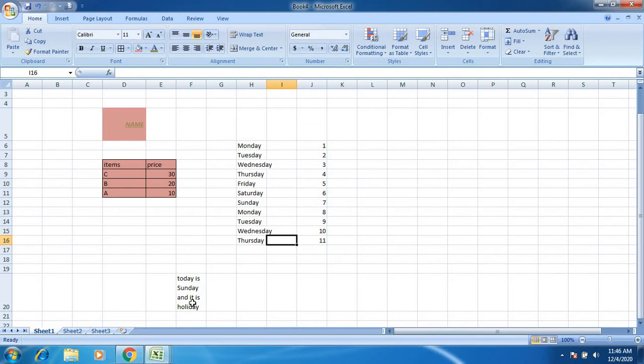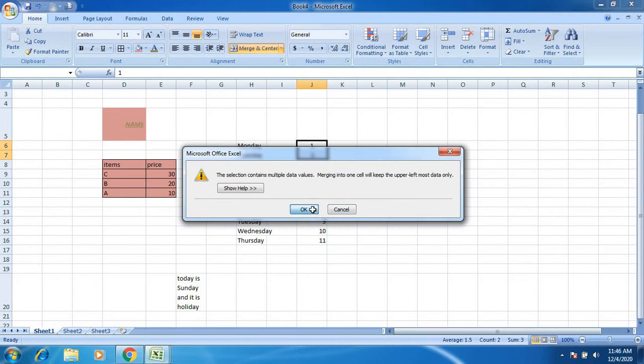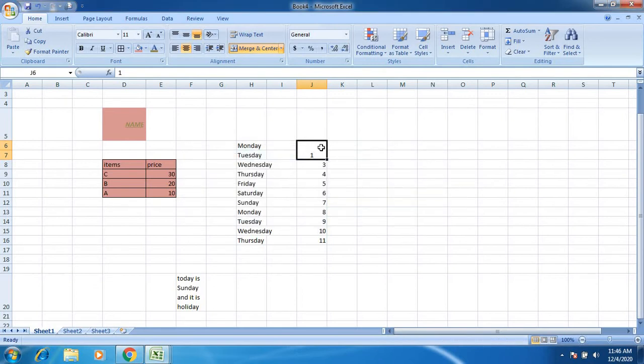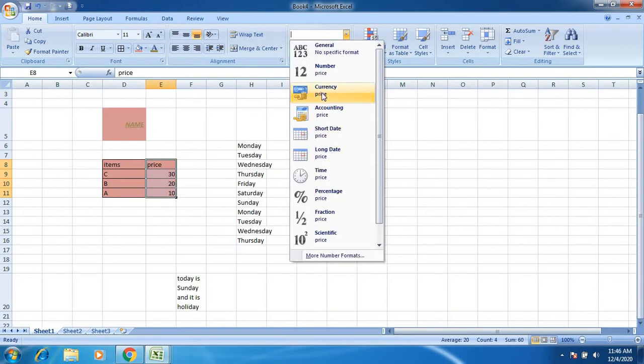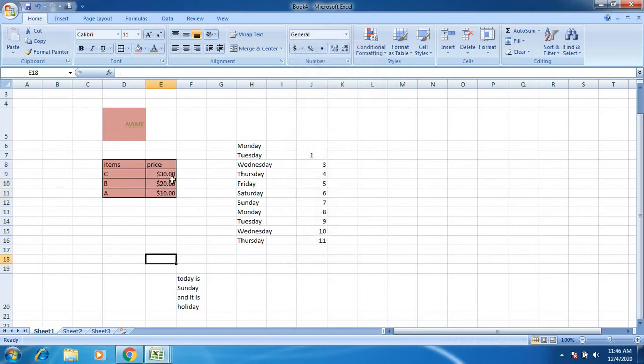Now you can also merge two different cells. How to merge these two cells? Just go and select merge and center. These two cells become a single cell. And I can also format the types. Suppose the price has a dollar type. How to do this? You can add a dollar sign over the price. This is a different set of formatting.